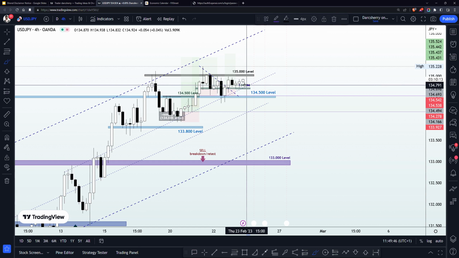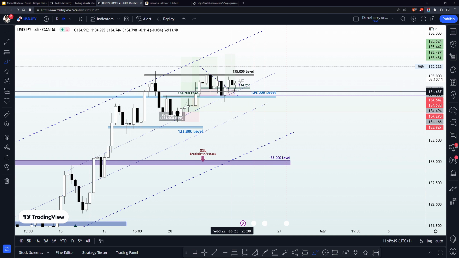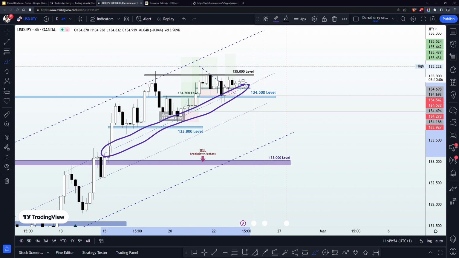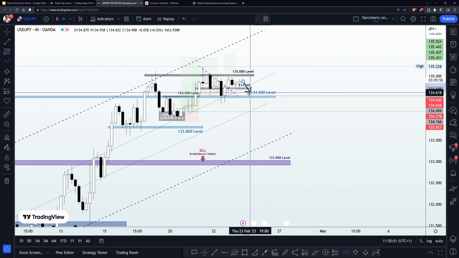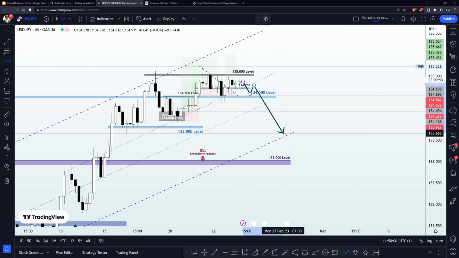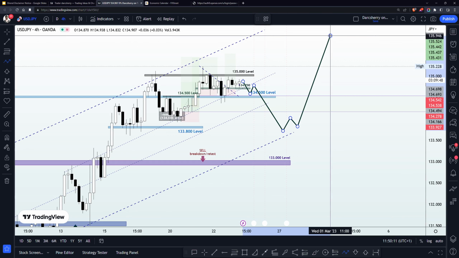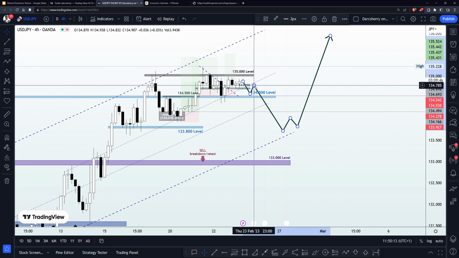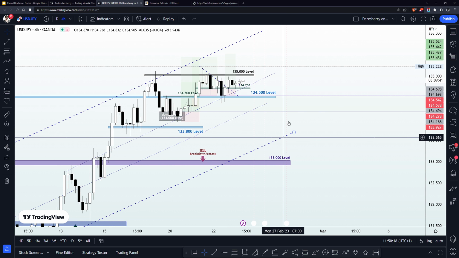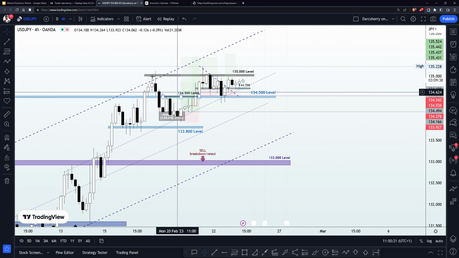Remember, I have identified a 134.700 level here, which shares a confluence with this trend line that we identified here. So if a breakdown of that trend line happens, then that will be a sign that the trend line no longer has the capacity to continue to hold that bullish momentum. Then we might likely see a retracement, a sell-off in this market, a profit-taking activity, like I said, before another bullish momentum will happen. So if you are a counter trend trader, you might want to take advantage of that move to the downside in anticipation of another wave of bullish momentum to the upside.